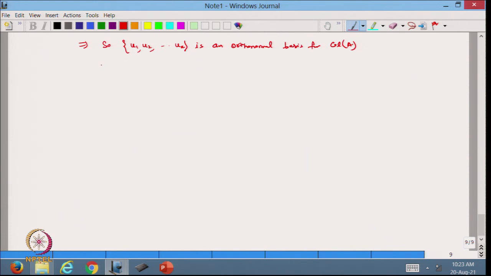Now, what we want? We can extend this set to an orthonormal basis of Rm, because this belongs to Rm, and these things we can do with the help of the Gram-Schmidt process, or we can, because in this case